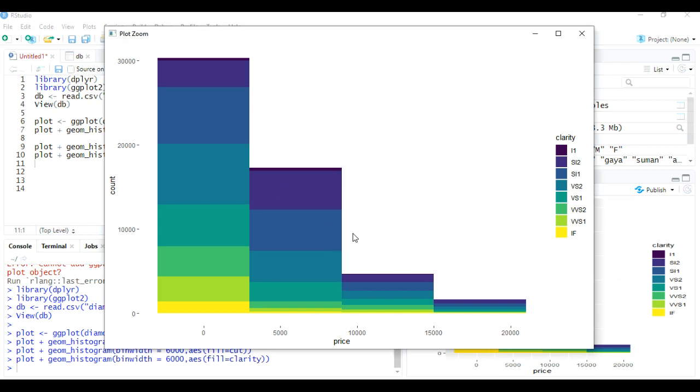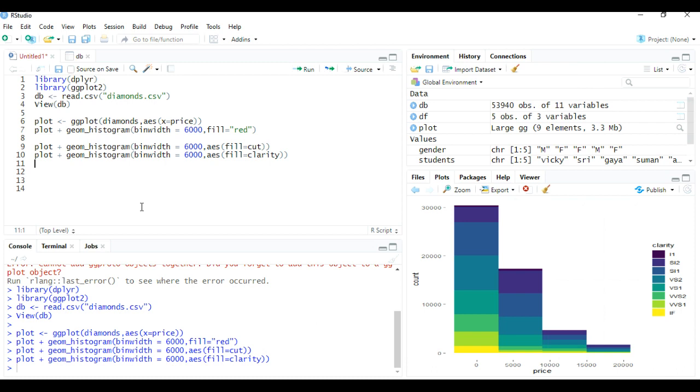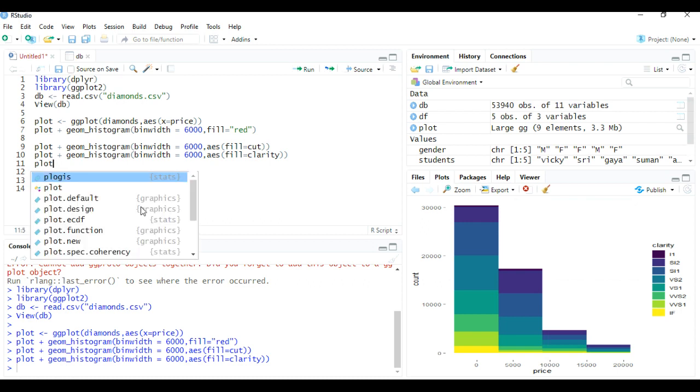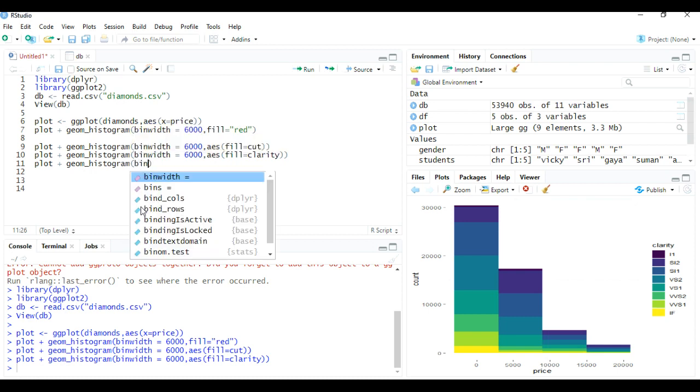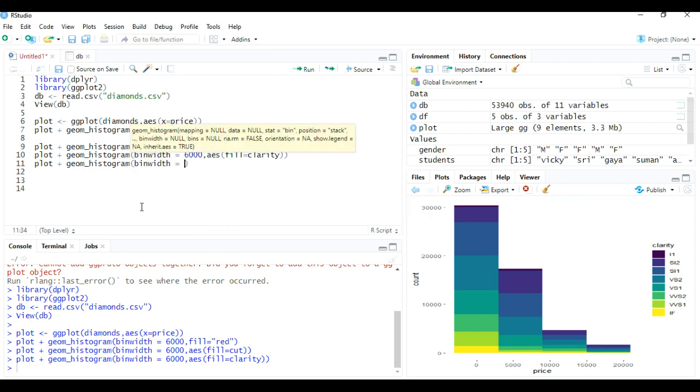Yeah, we got a graph, but it is confusing to read. We are not able to read some values properly. So for that I'm going to write again plot plus geom histogram. The same binwidth I will use, binwidth equals to 600,